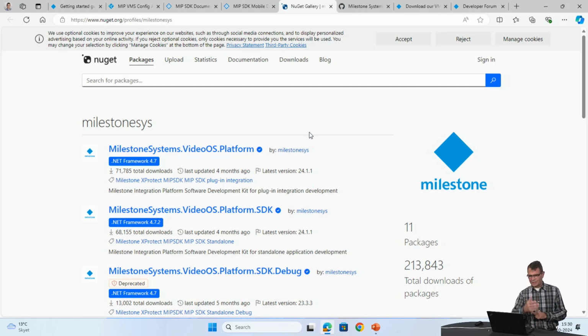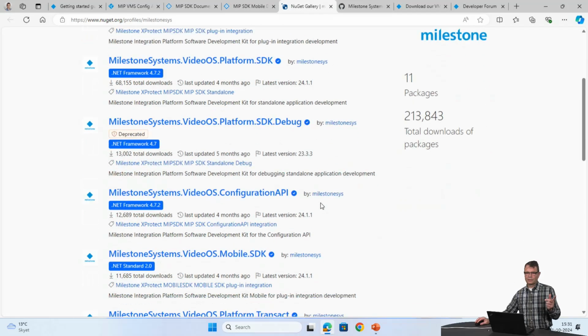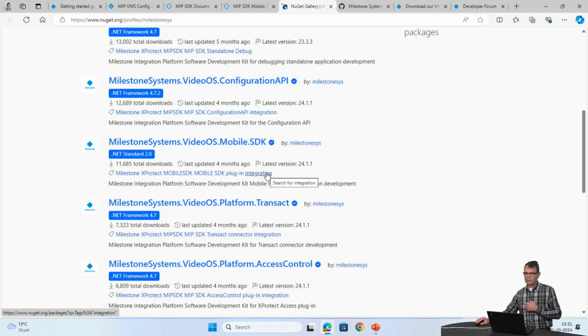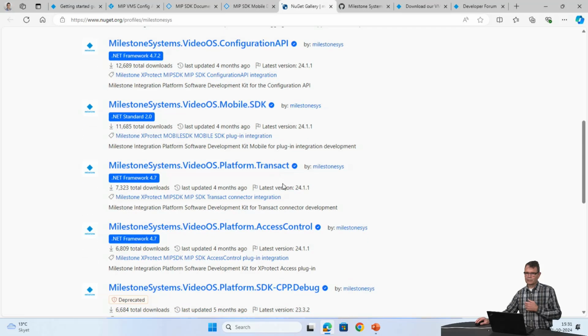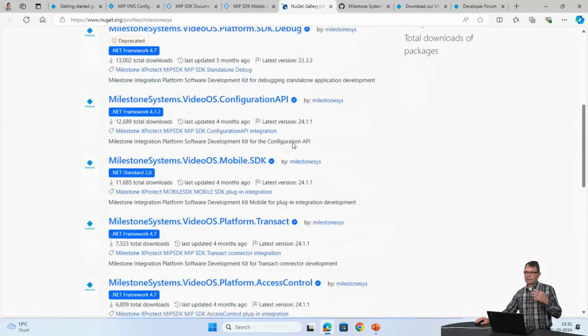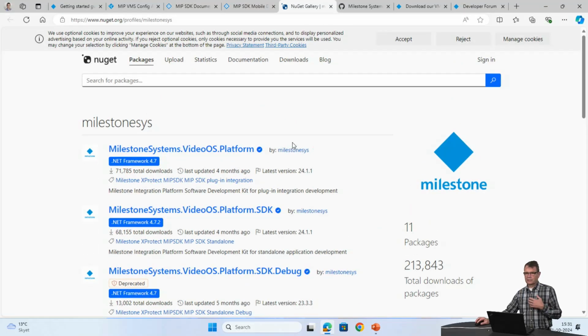So then we come to the VideoOS platform SDK NuGet. There are a couple of others for special use: Configuration API, the mobile SDK also has a NuGet packet, and a special NuGet packet for transaction access control. These are subjects that I won't get closer into, but in other presentations you'll see more about this.